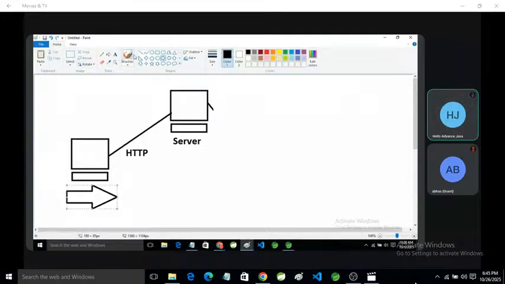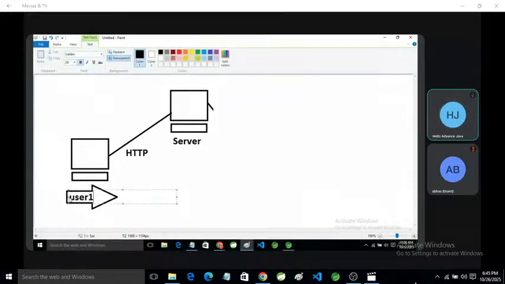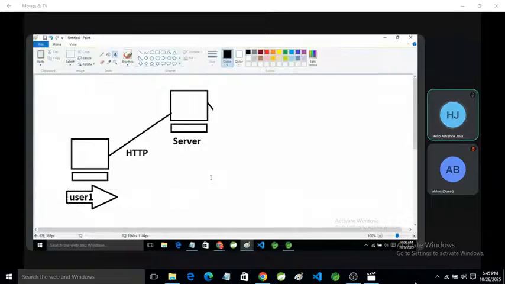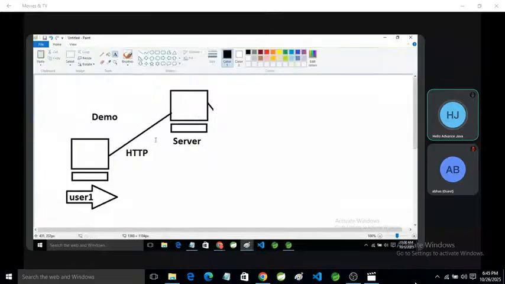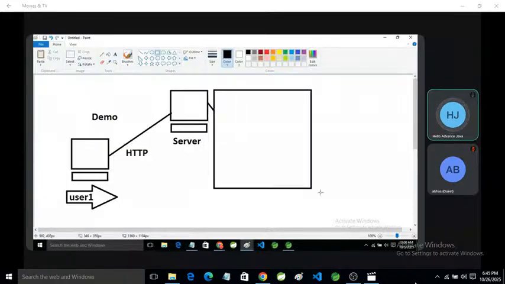Suppose this is user one, who sends a request for the demo servlet. The server transfers that request to a helping program. Actually, the server has a web container.